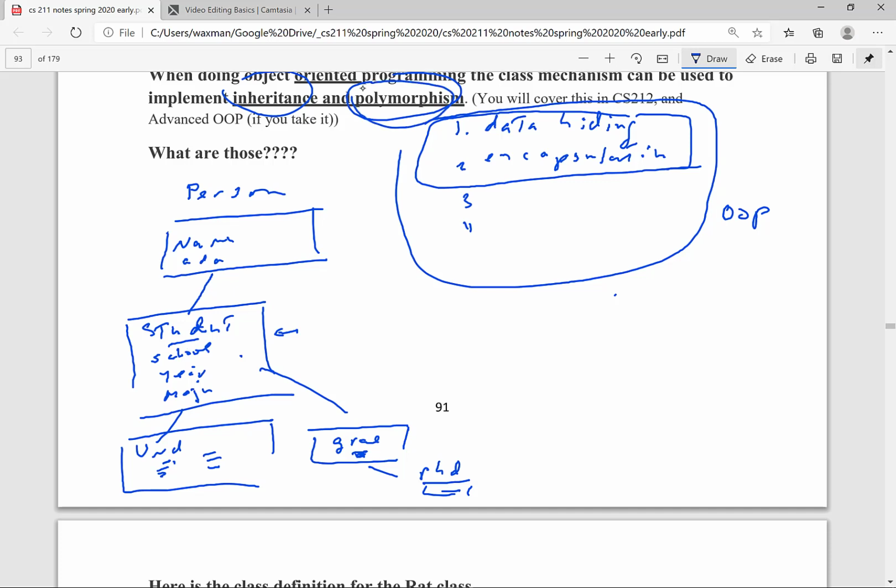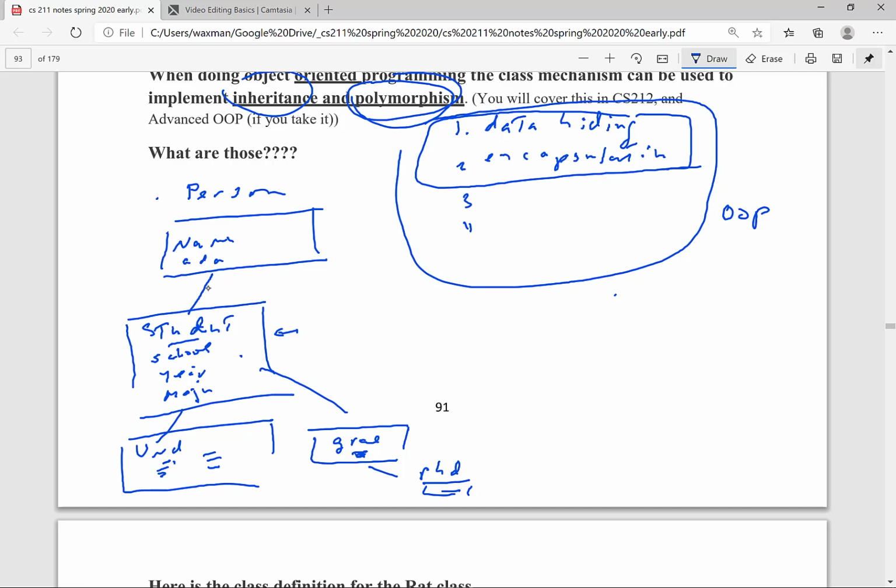What do I mean by polymorphism? Well, polymorphism means many shapes. And in the context of programming, what that means is basically I can write programs where I could treat students as if they were people. Of course, students are people, but basically what happens is I can define functions that every person might have, right? And then when I want the student, now a student in this example here